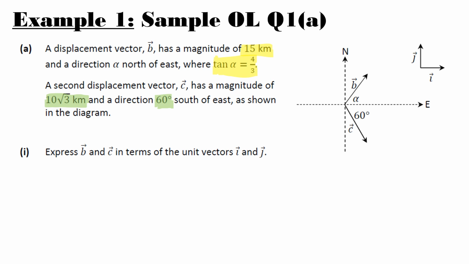The direction there, south of east, means go east and then go south. So south of east. So it is 60 degrees lower or south of the east direction. But we have a lovely diagram to help us. So express B and C in terms of their unit vectors i and j. So one thing you can do when you have the diagram is kind of make sense of it. I think, when you're getting into higher level questions, you want to be able to move much quicker. But to get used to it, we can see if this were a triangle and there's our alpha, this side